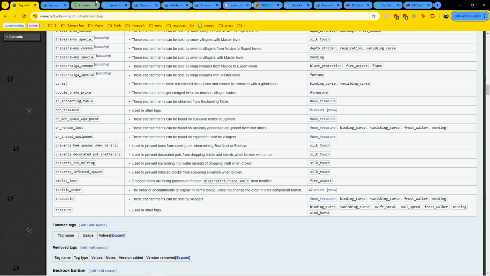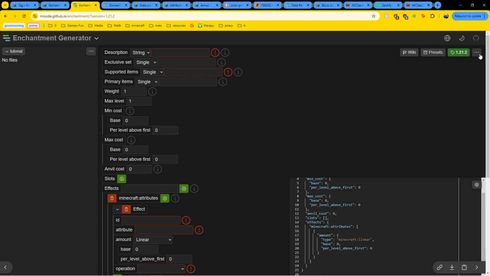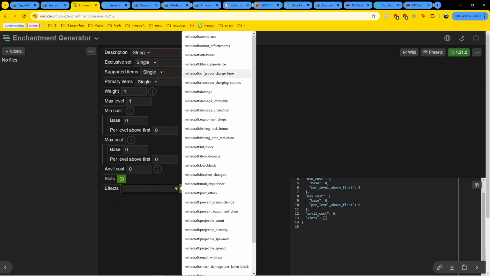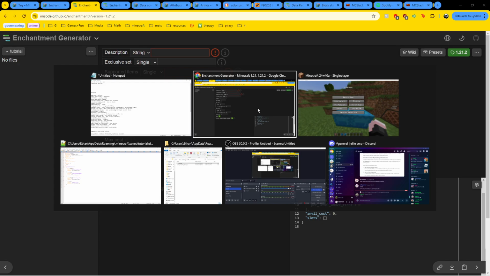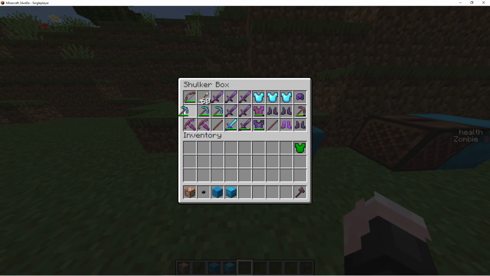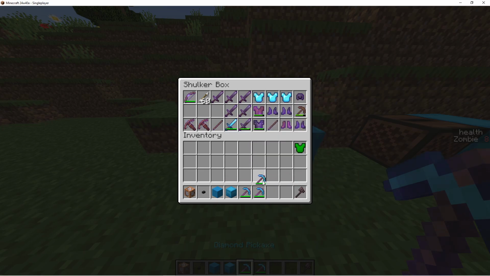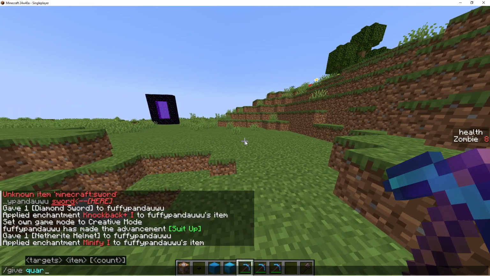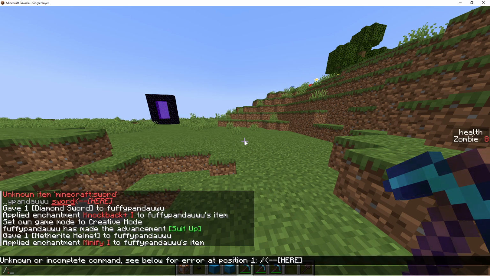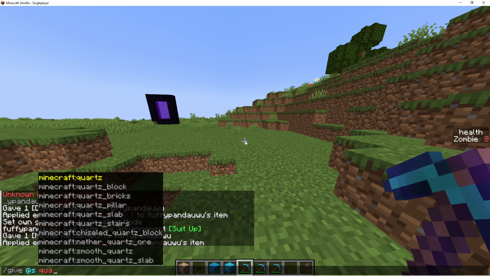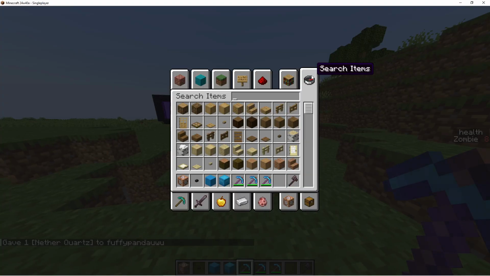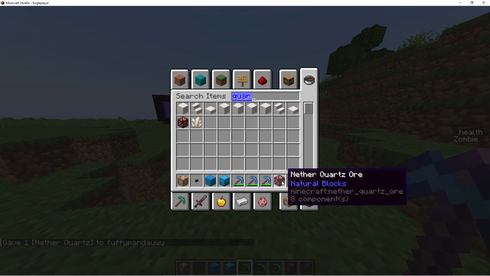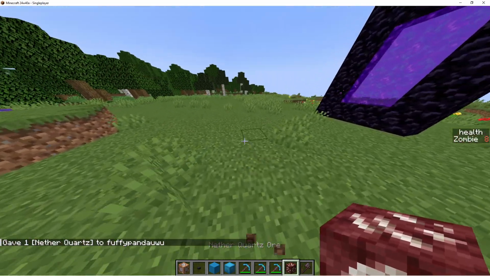block experience, which I can show you here. This one just gives you more XP when you mine a block that normally gives you XP. So if I give myself quartz, is it quartz ore? It's just quartz. Okay, it's not quartz. Here it is. If I build a little test here,